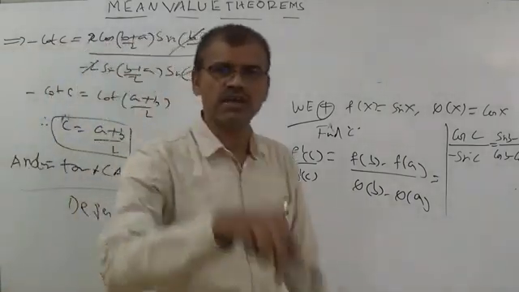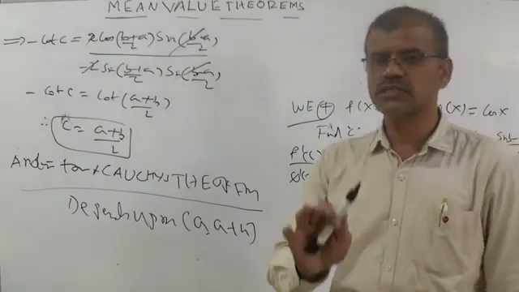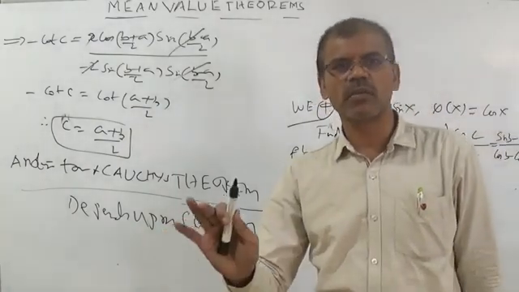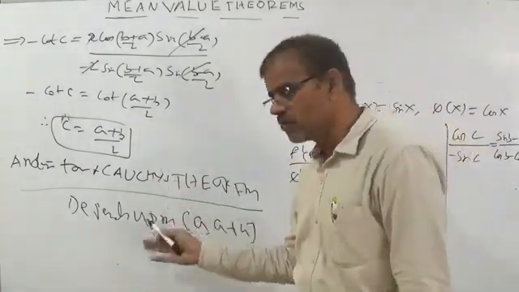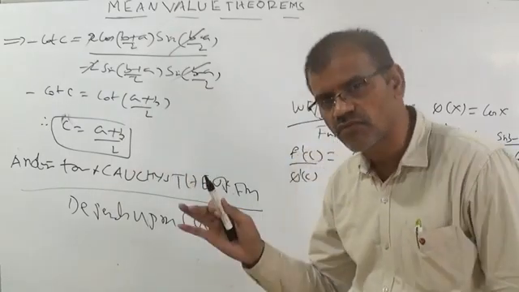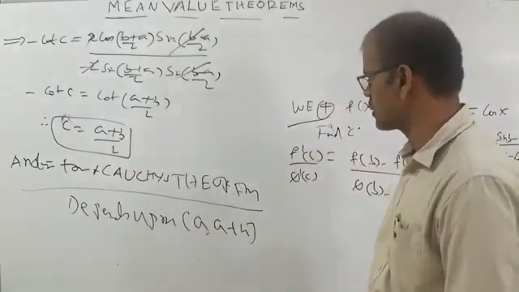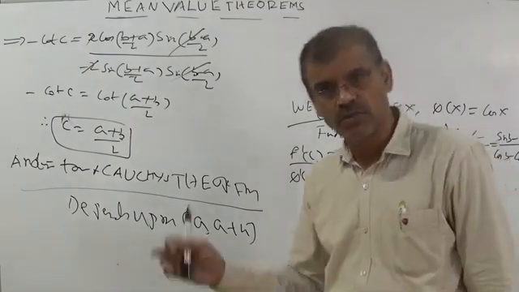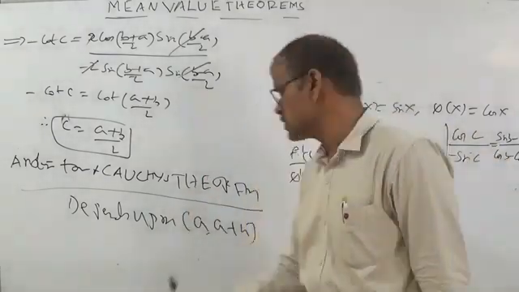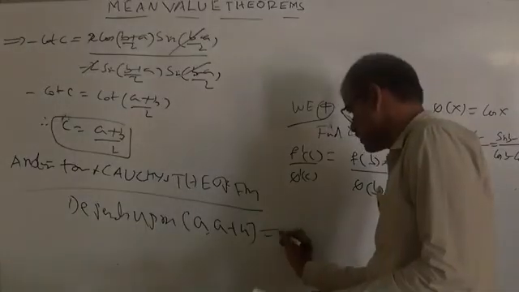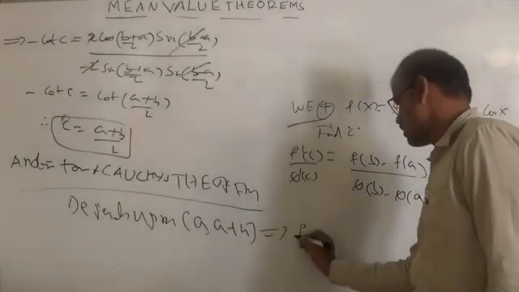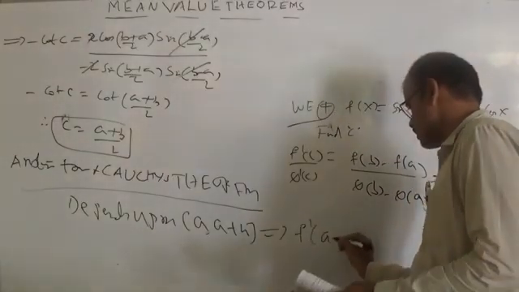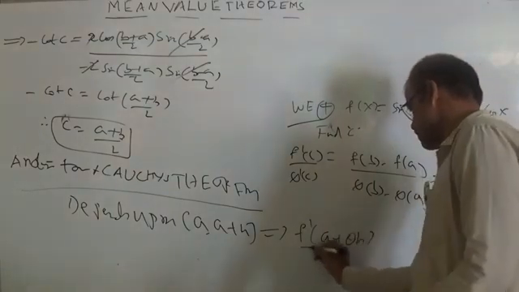That means, as in the previous one, f of x and phi of x are continuous on a comma a plus h, and f of x and phi of x are differentiable on open interval a comma a plus h. Then you can say here f dash of a plus theta h, f dash of